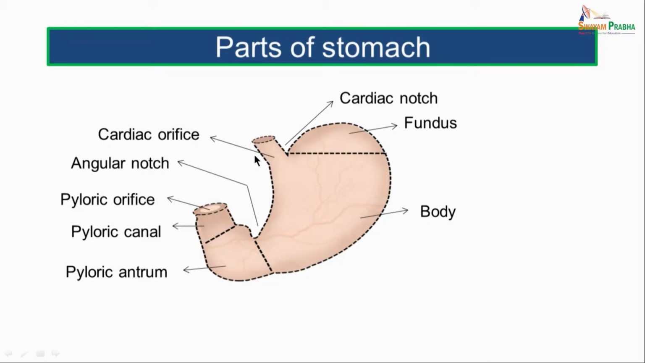Thus, when we talk of the two surfaces of the stomach, we talk of the antero-superior surface and the postero-inferior surface. Moving on to the two borders, the right border or the lesser curvature, whereas the left border or the greater curvature. The greater curvature is about 4 to 5 times more in length as compared to the lesser curvature. So, these are the parts of the stomach: